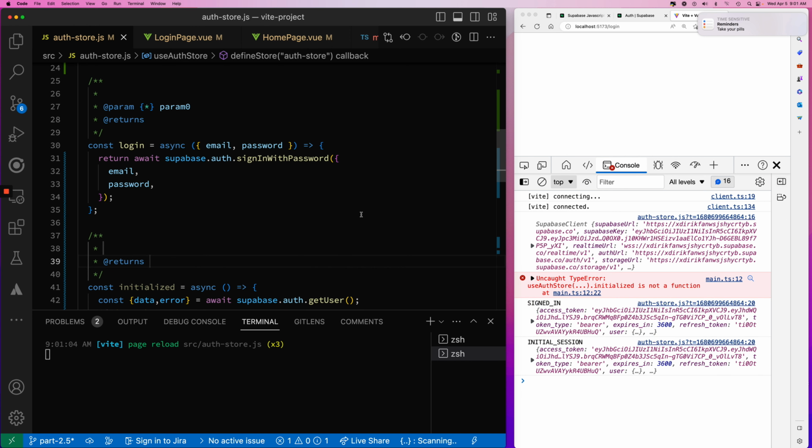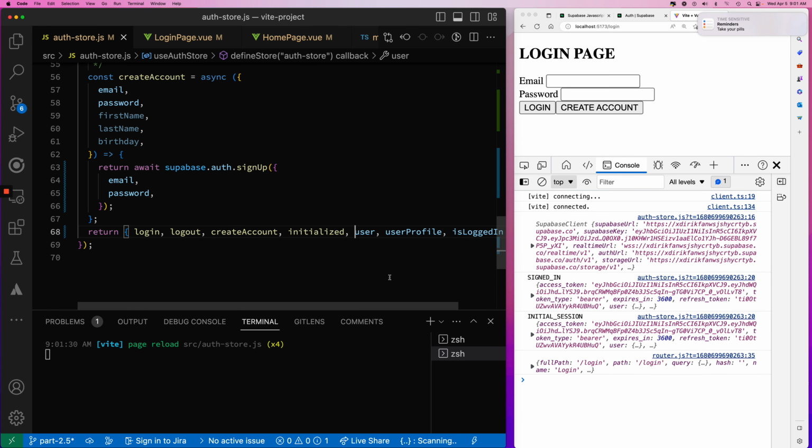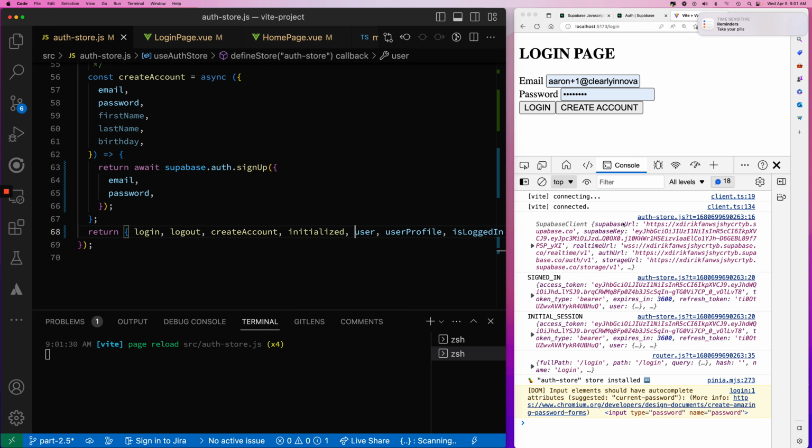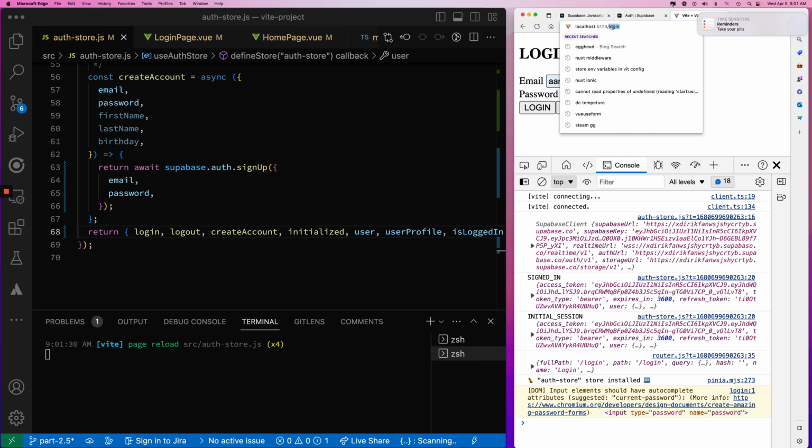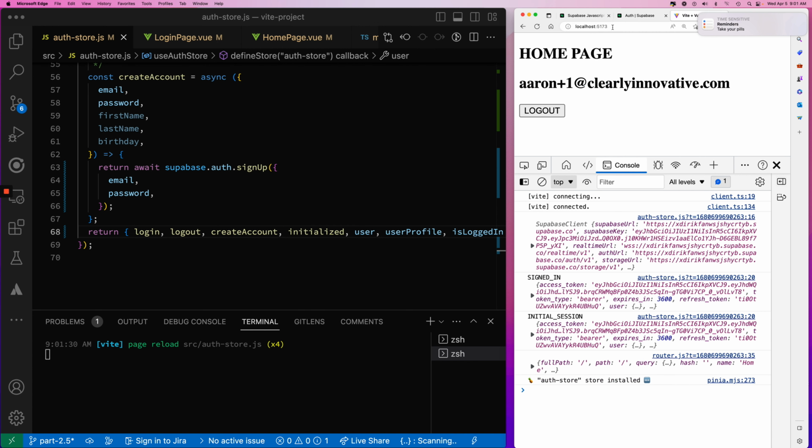So let's now go up to, well, first of all, let's refresh this and see. Oh, initialize, I need to return. And now you can see my Supabase client happens. The sign-in happens, then the initial session happens, then I hit the router. And that's the path that I wanted it to take. So now if I try to just go to my index page, client hit, it says, yes, I have a token, it initializes a session, then I call my router, it says I have a user, so now I can get to my home page. If I log out,